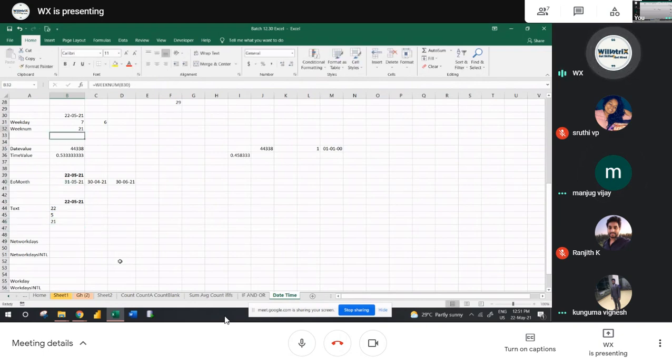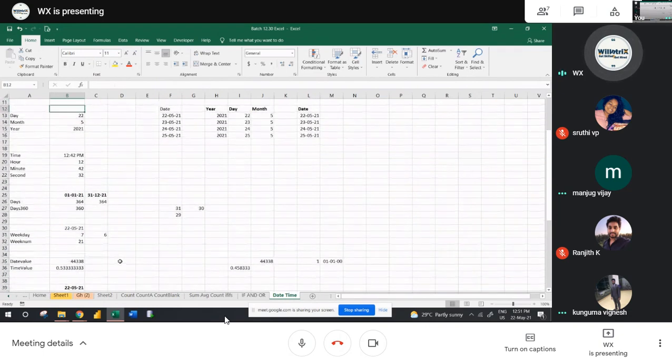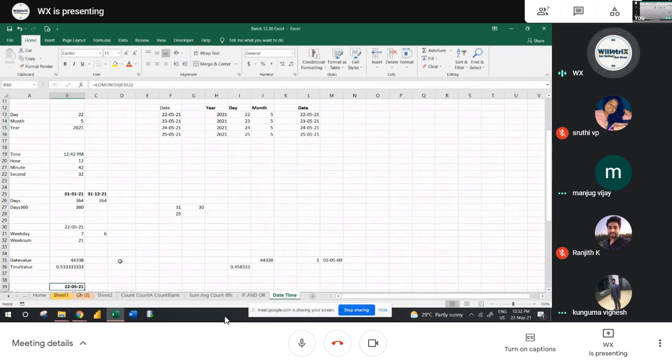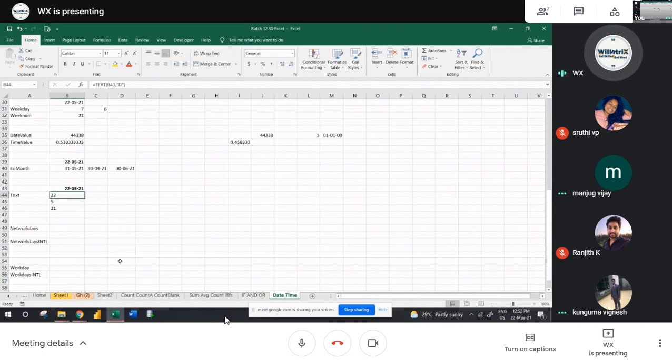We did this by using DAY, MONTH, and YEAR, correct? But can you see that this is in a value format? Value format means the values are taken as numbers. But when you use the text format to segregate the day, month, and year, those will be considered as text only. Value will not be considered. So better use DAY, MONTH, and YEAR when you're segregating the day, month, and year in a date. Okay. What is the use of this? Just to check the format.